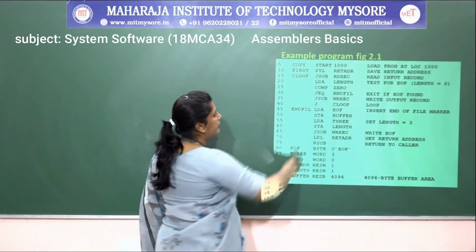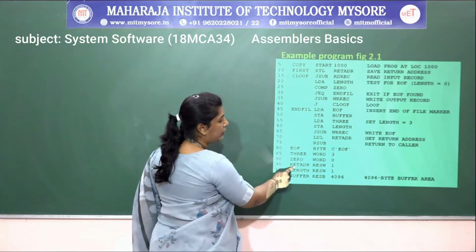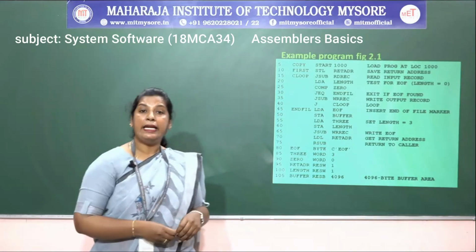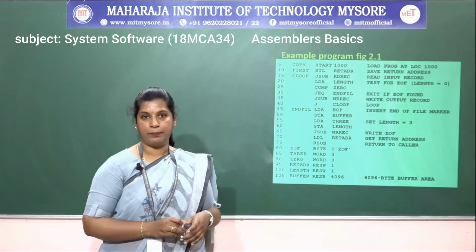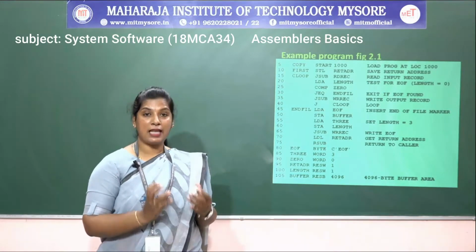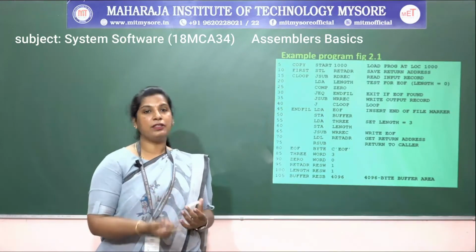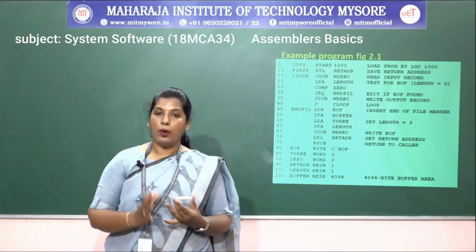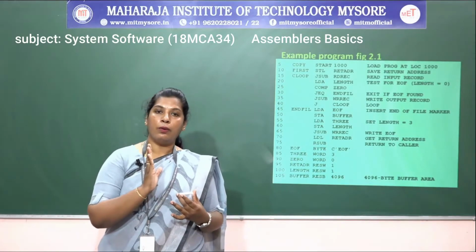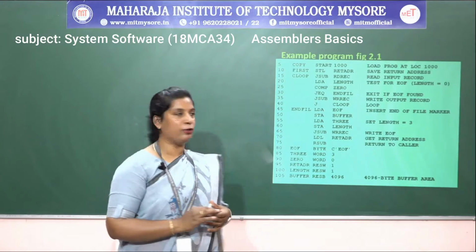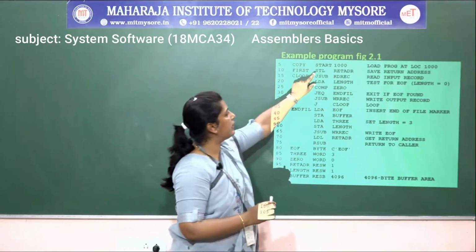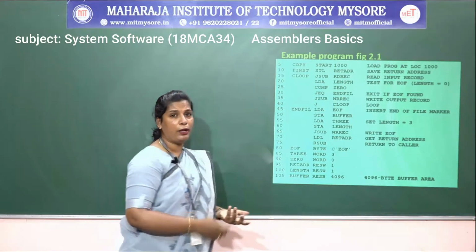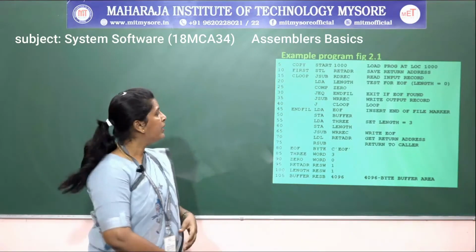Where is the return address? It is here. It is a reserved word of 1 word length, which is 3 bytes, and it holds the return address to transfer control back to the system. The subroutine is going to refer to that linkage register value. So this instruction says store the linkage register value into return address. I don't know what value is in that return address variable at that time.